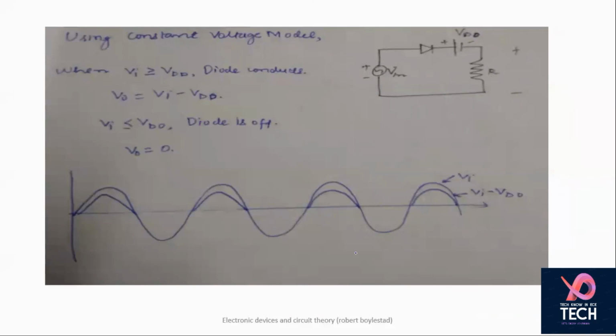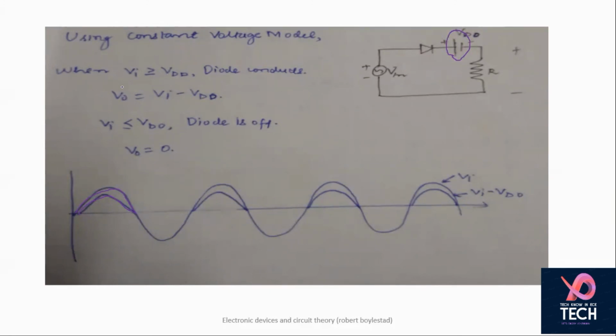Now, when we have the constant voltage model, then in that case, your output is going to be less as compared to input. So this is a half wave rectifier, and we normally know that this is your input and your output is normally going to be less. For negative cycle, there will be no output, but for the positive cycle, there will be output, but output is less than input. The reason for that is some voltage drop is there because of the diode. So your output is having some slight value. Although shape is same, some loss in magnitude is there because of drop across the diode.